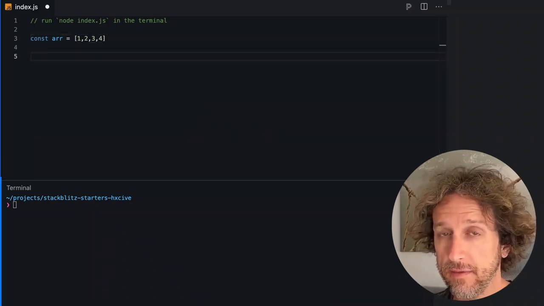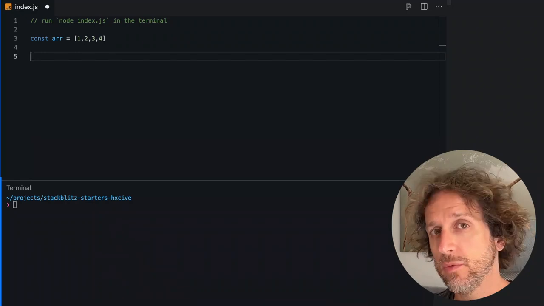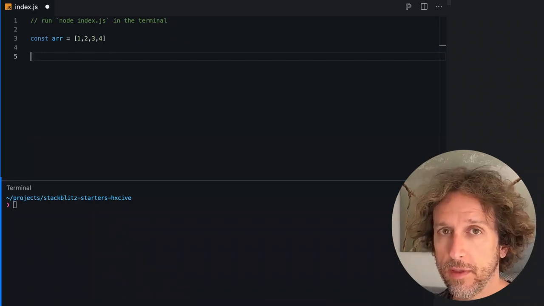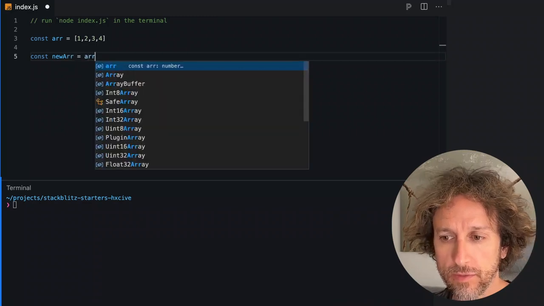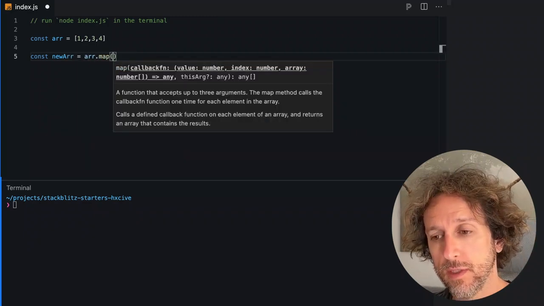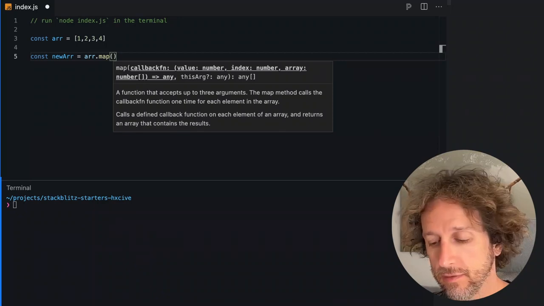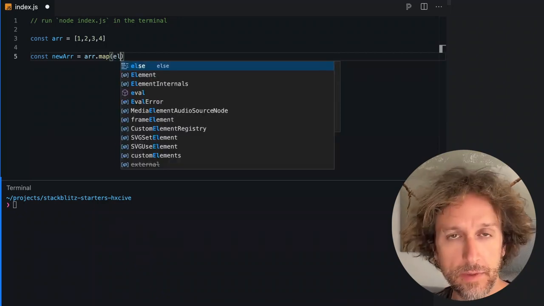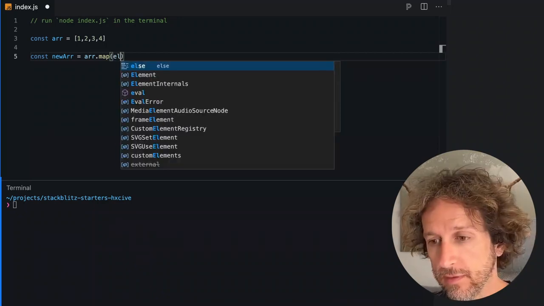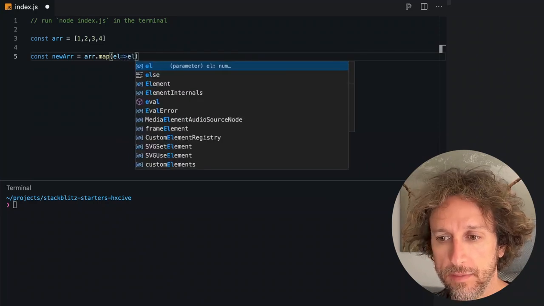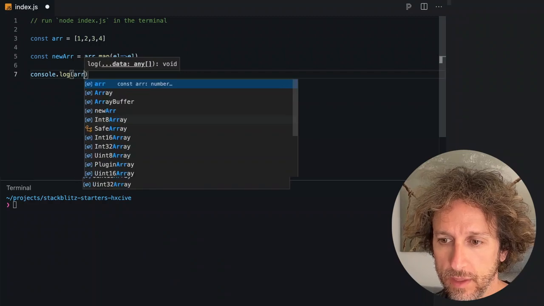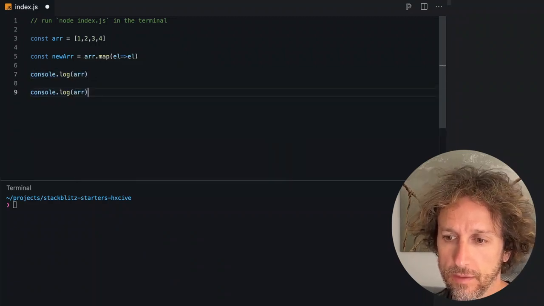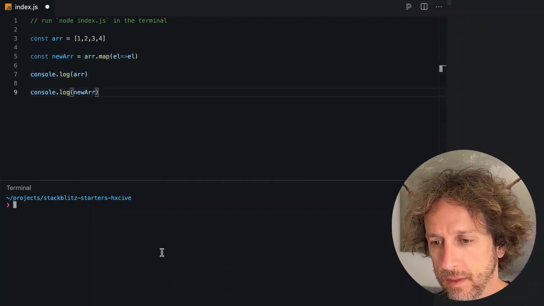Let's start with the easiest case. I just want to create an exact copy of the array. So const newArray is equal to the original array, which is mapped to a new array, because that's what map does, in which for every element, I will use el for element, I will return the same element. So if I do this and I console log array and I console log the new array, I will have